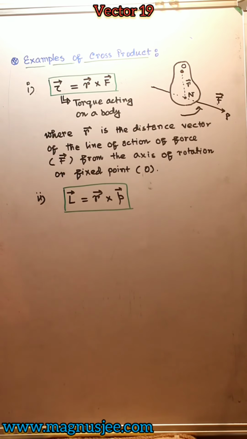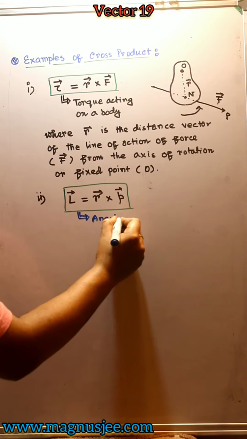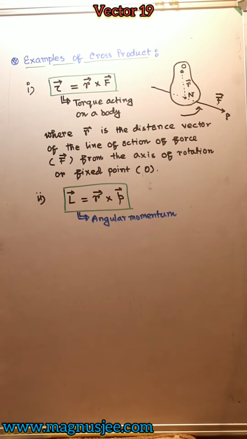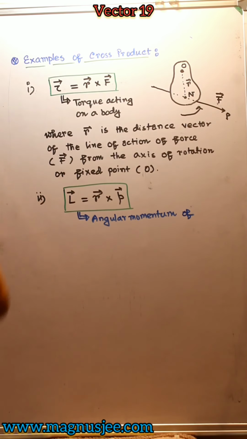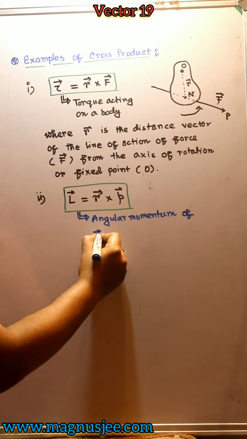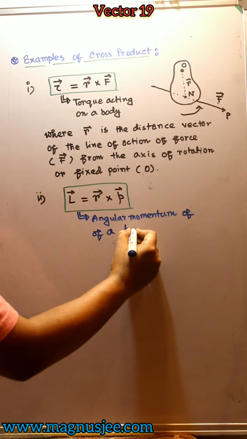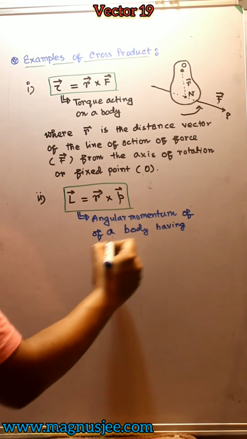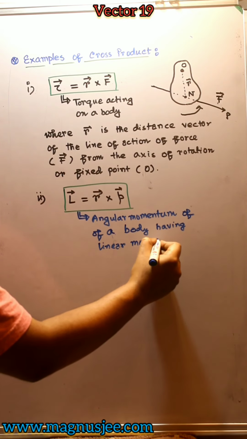This is the angular momentum vector. Angular momentum of a body having linear momentum vector p,